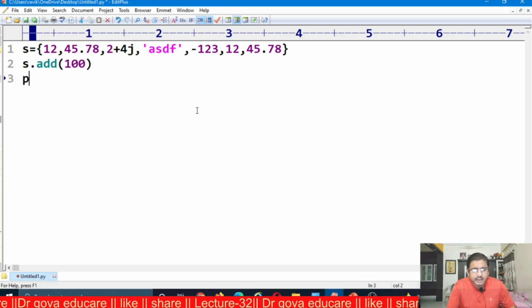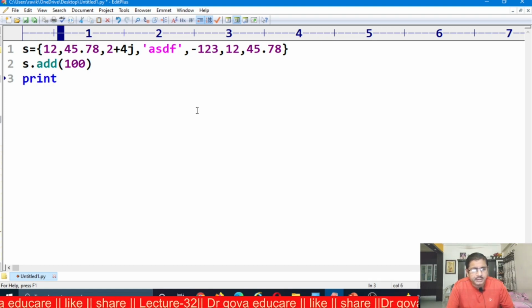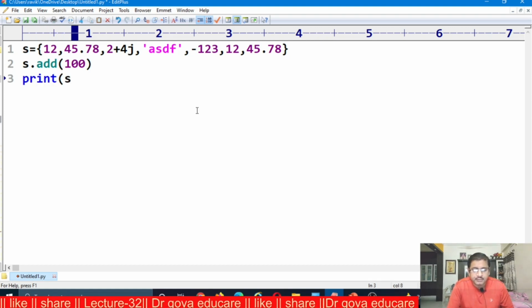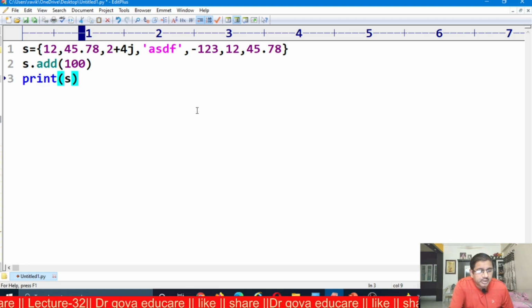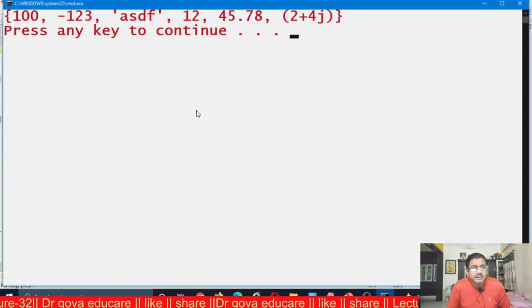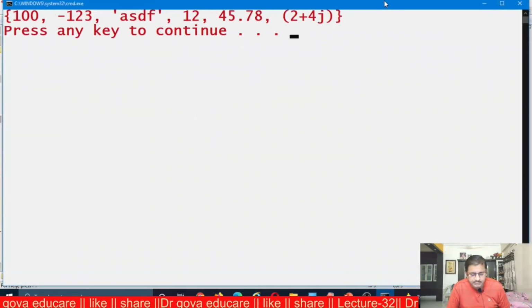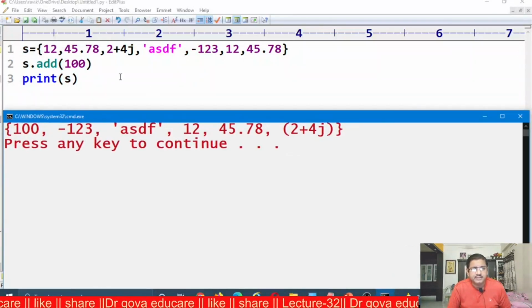After adding, I want to print. Yes, I am executing this. Observe here, 100 is added to the set. Now, in the set, duplicate elements are not allowed, and insertion order is not preserved in the sets.